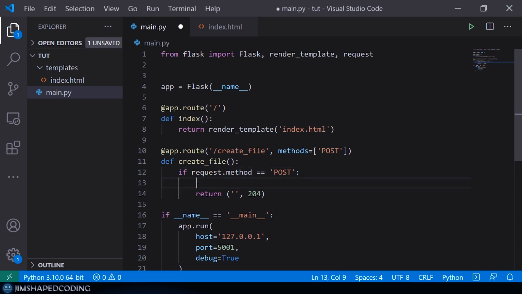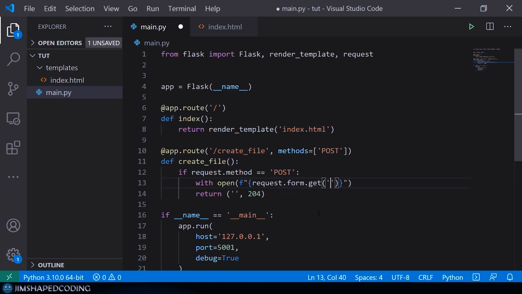You can decide that you want to create a file now. So let's actually go ahead and try to create a file. We can use the with open convention here, and we can just name this file the way that the name is coming from the request. So I will go ahead and use a formatted string here to modify the name of the file that we want to create, and I will use curly brackets open and close to refer to the value inside the formatted string, and I'm going to use